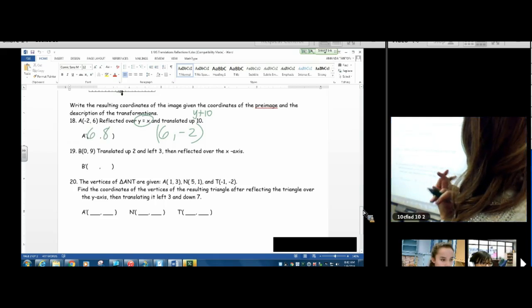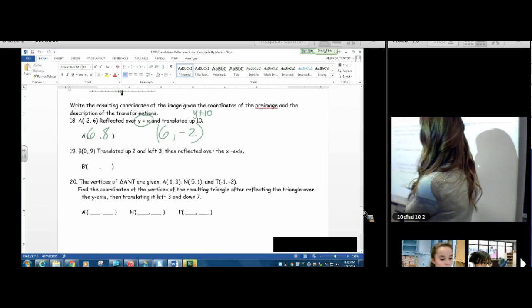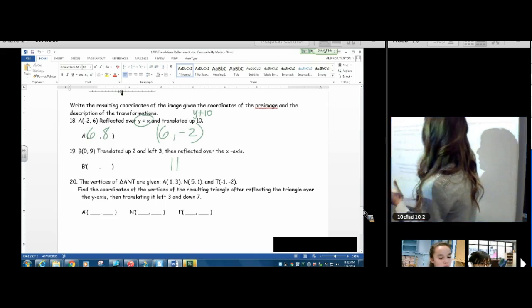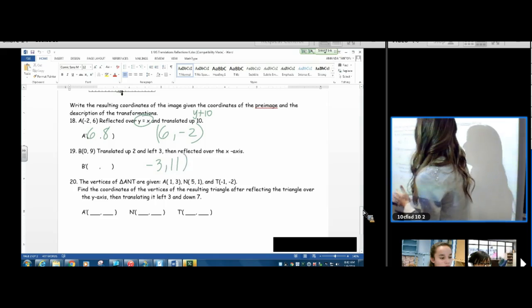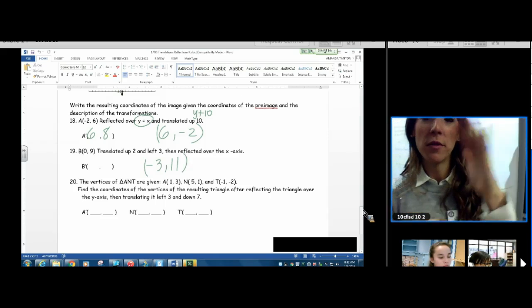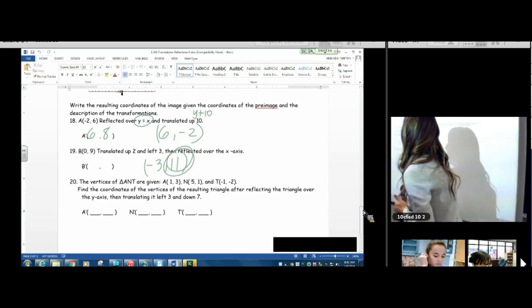19. 0, 9, translated up 2 and left 3. So up 2 changes the 9 into an 11, and left 3 changes the 0 into a negative 3. Then I want to reflect it over the x-axis. Remember, reflect over the x, change the y. So I'm going to change the y. -3